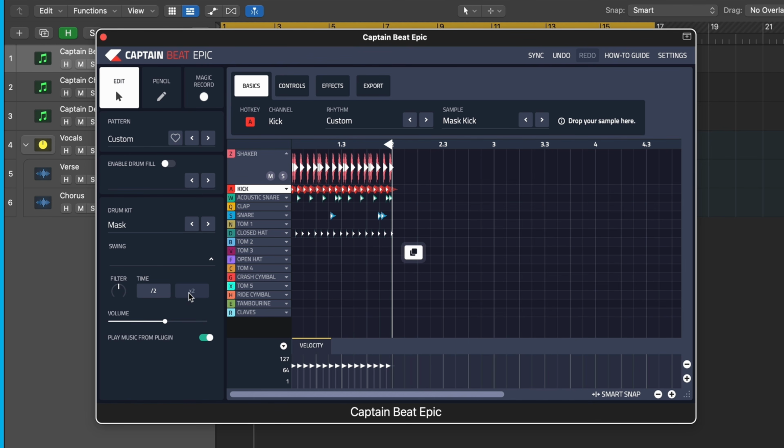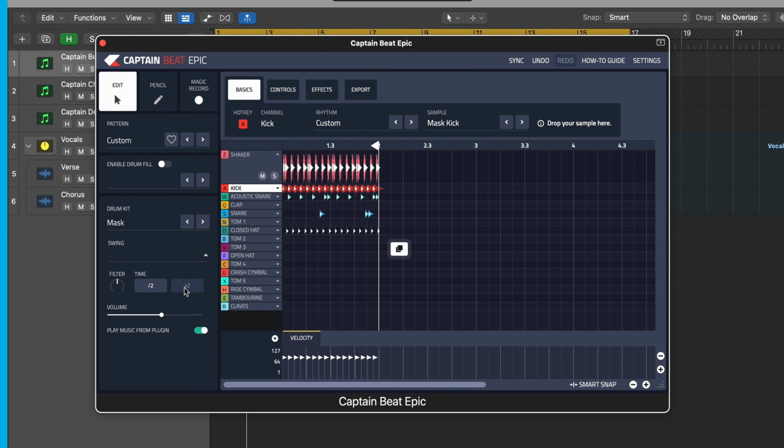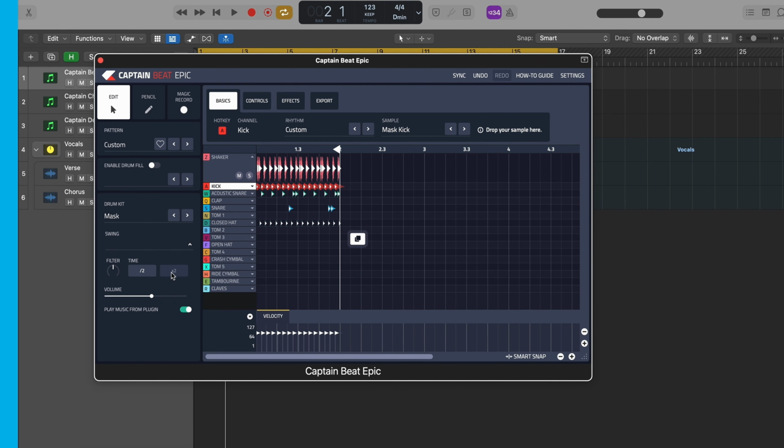So you can use that to quickly make some nice drum fills, that kind of thing. It just speeds up your workflow, and it will also give you some ideas. If you've got some writer's block in terms of the drums, it allows you to think about other ideas, things that you can do just to change it up to keep the listener interested. So that more or less covers Captain Beat and the updates to that. But I think it's much nicer to use, and it's more intuitive, and your workflow will be increased.